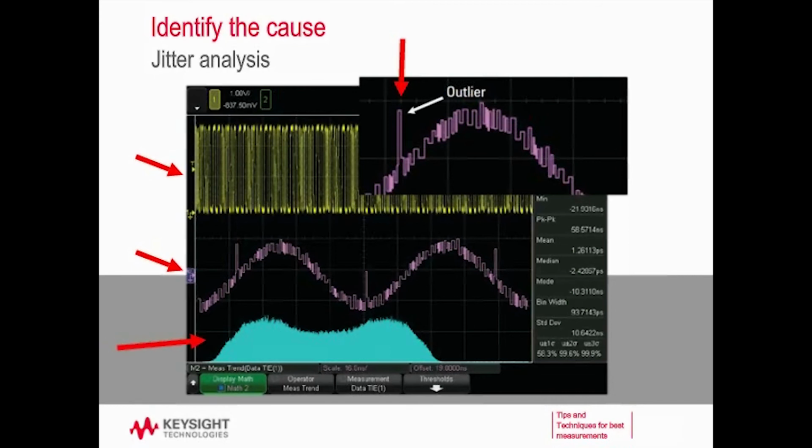And then on the bottom, I have a histogram of my measurement, and I can see that it's basically a probability distribution function of where my edges are lining up. And I can see that since it's not Gaussian, it's not a normal distribution, it's not just random noise then, and I have this bimodal histogram which tells me I definitely have an aggressor signal somewhere in my system causing issues. So by using this jitter analysis package and the time interval error measurement, I was able to then plot the trend of that time interval error measurement and get closer to identifying the root cause of what the problem